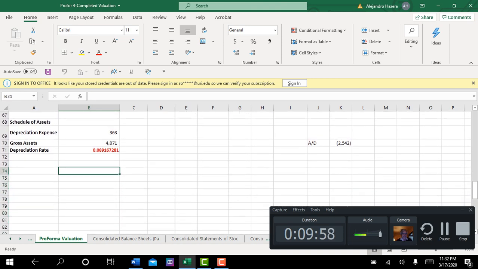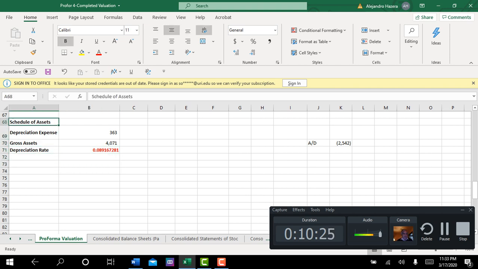Okay, and that's going to be very important because they're depreciating 9% each year. That means it takes them 10 years to consume their property, plant, and equipment, on an average rate. They have a 10-year life in their property, plant, and equipment. So anyway, I'm going to use these three numbers here, especially the depreciation rate, to put together my schedule